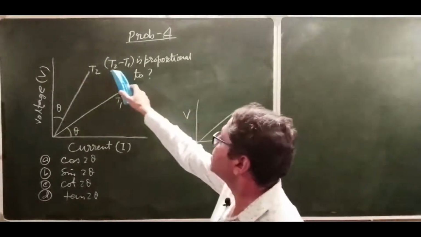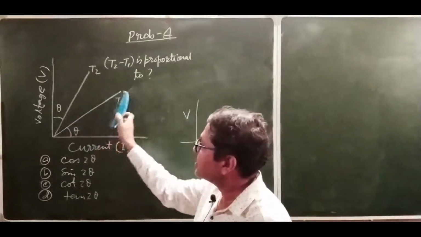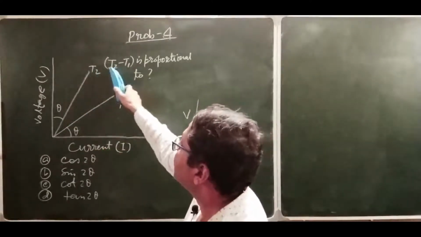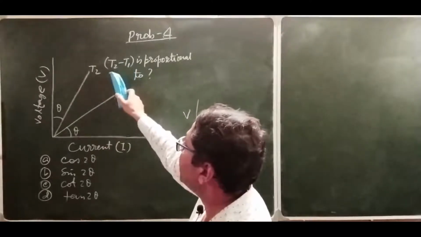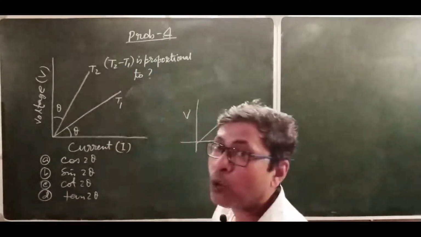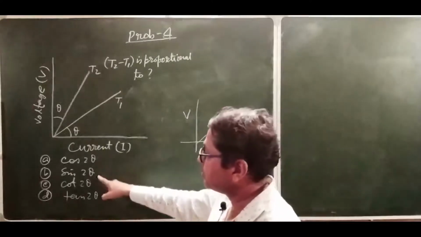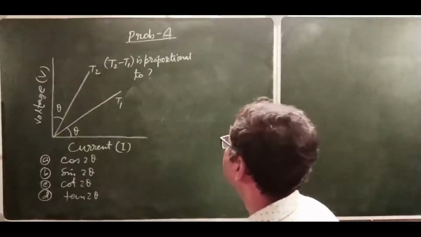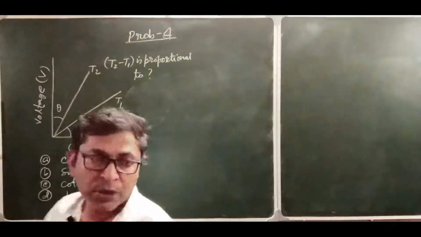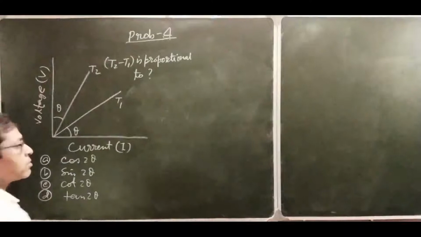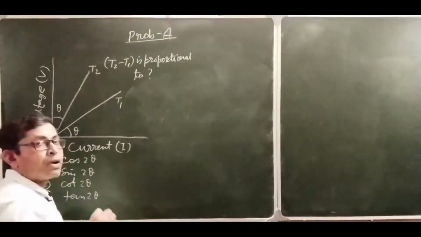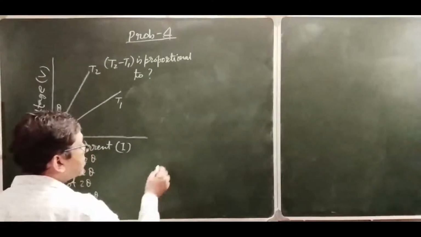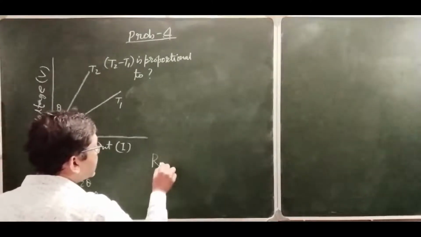Now the required is, this resistance is at temperature T1, this resistance is at temperature T2, and this difference between the two temperatures T2 minus T1 is proportional to what? There are 4 options. Now at first we actually know that resistance changes with temperature of the conductor, and the pattern in which the resistance changes with temperature is represented by this type of equation,